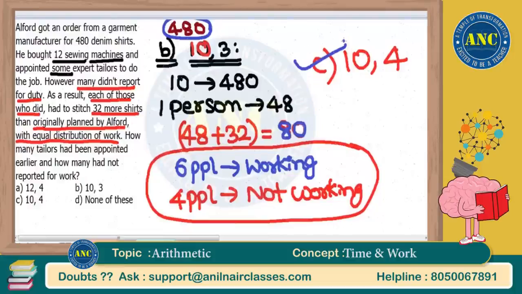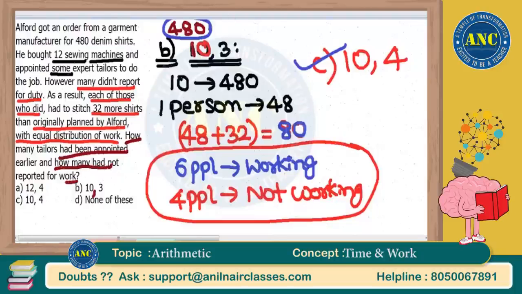Six people are working, 4 people are not working. Totally 10 people were selected. Arvind and Pallavit, now, I just assumed the second option. Now, read the question. The first part, before the comma in the options, is how many tailors had been appointed? The first part of the answer option represents people who were appointed, and the second part represents how many had not reported